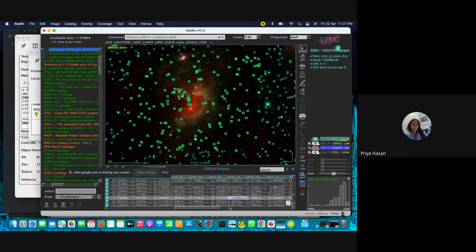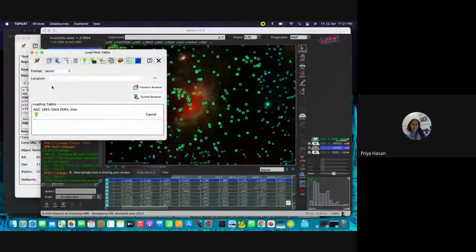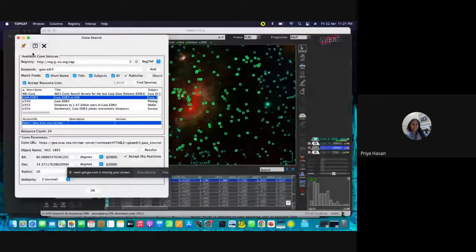So if I want to look at a particular star, I can just click it over here and it gets highlighted in this image over here, right? I can highlight whatever I want and I can put it like this. Now the table which I've got over here, it works both ways. Let me do this once again. I don't know why this didn't do it. It should do it very fast,